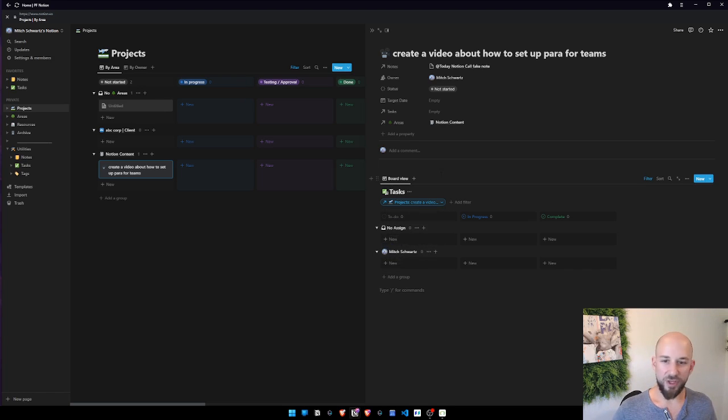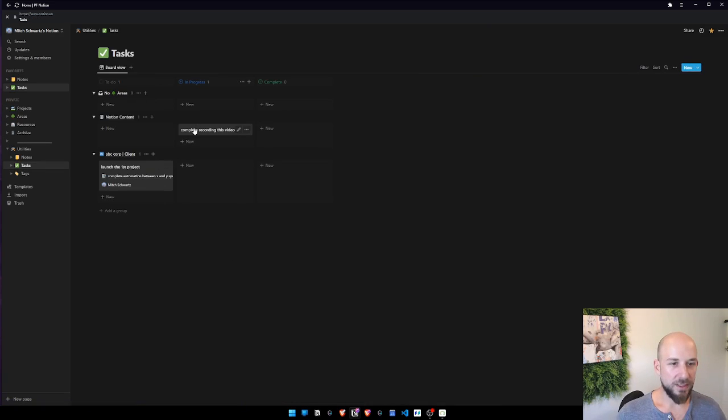Okay, so that's the project it's supposed to contain, right? Because this is referencing the current project. Now, I noticed that the tasks database is empty, and I also noticed that I don't have my icon here, which is a little bit interesting. So what did I do wrong? We have